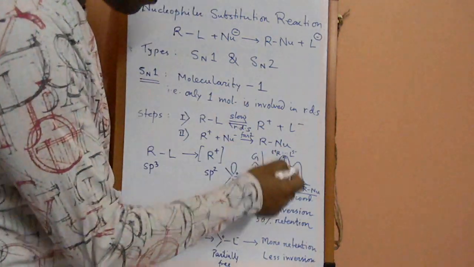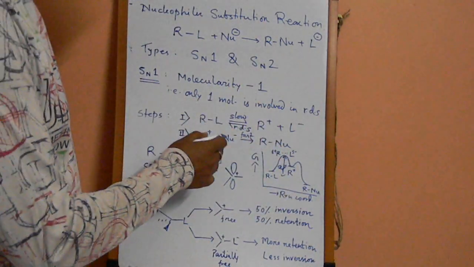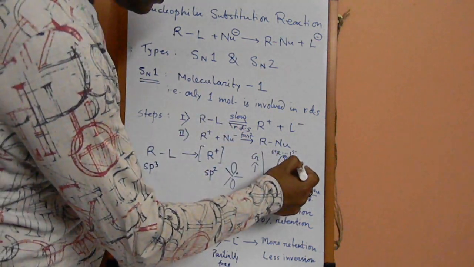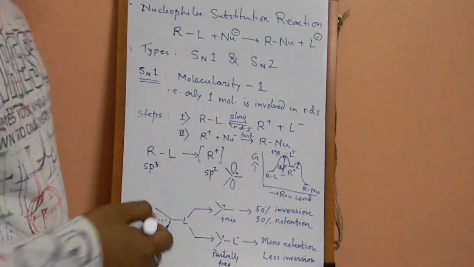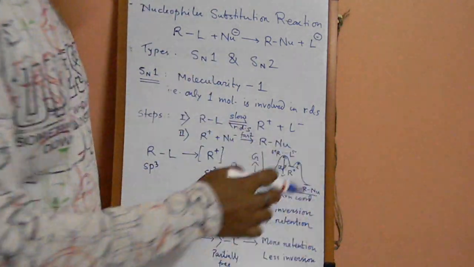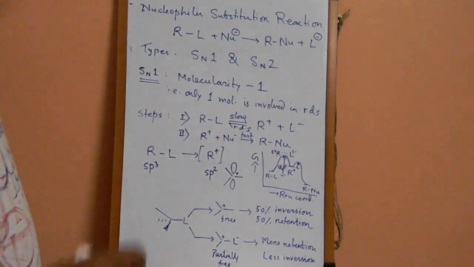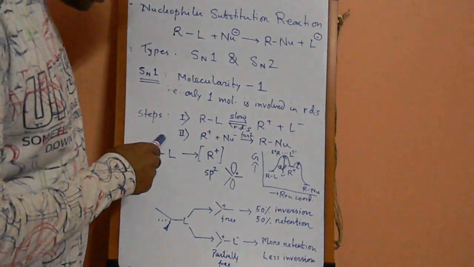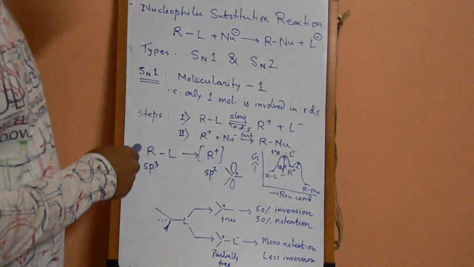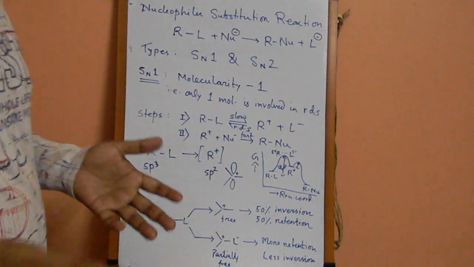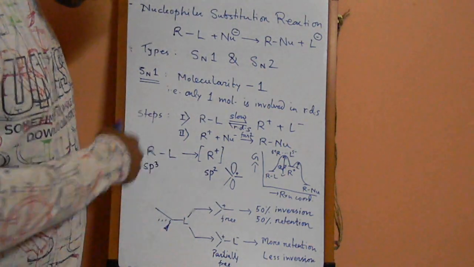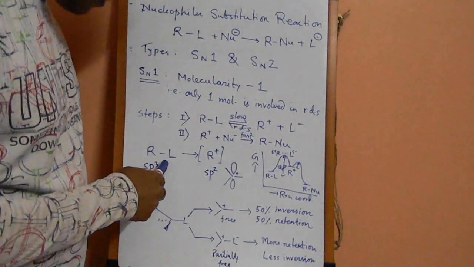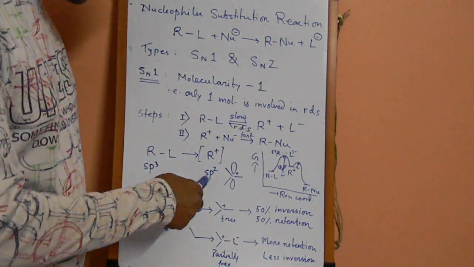Now as R plus forms, it reacts easily with the nucleophile because R plus is quite active. The delta G prime for the next step is relatively lower, so the reaction happens faster and you get your product. Now the very important thing is, structurally, when RL dissociates into R plus, R was typically an alkyl carbon or alkyl group, so it is sp3 hybridized, and it is converting to R plus. The hybridization changes from sp3 to sp2.